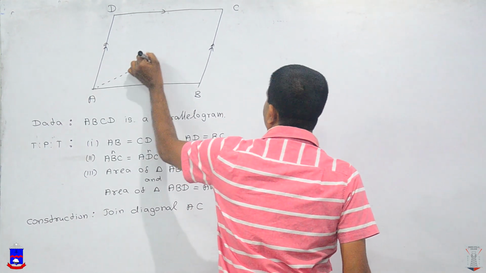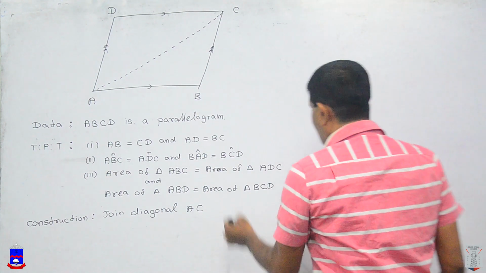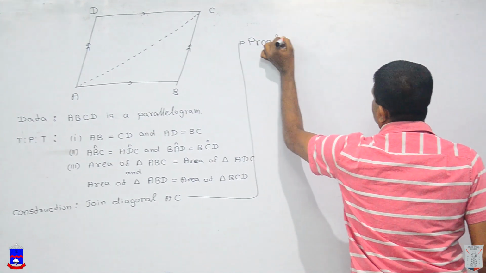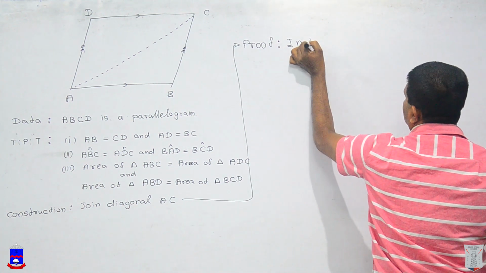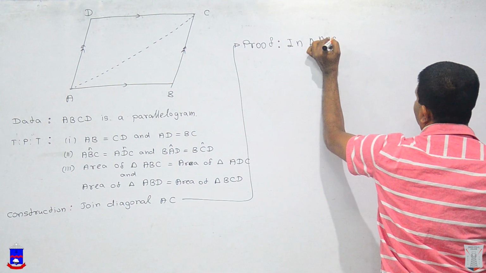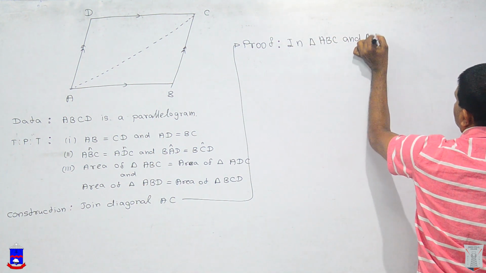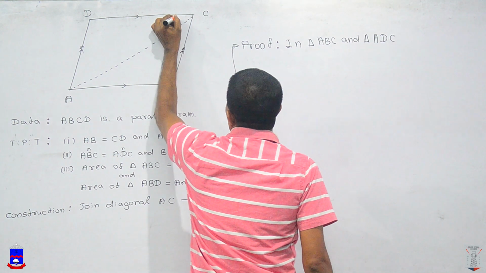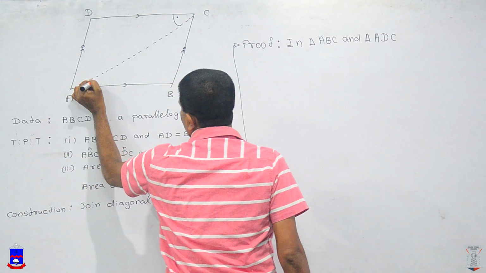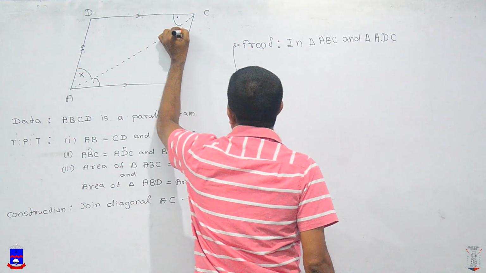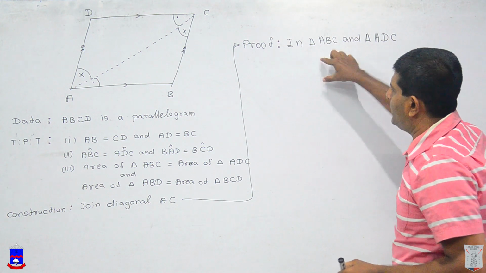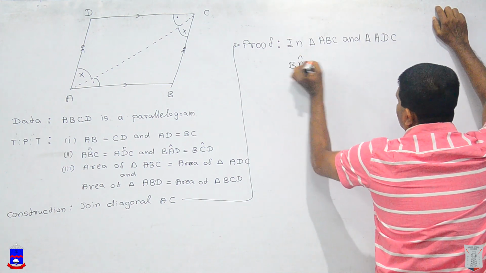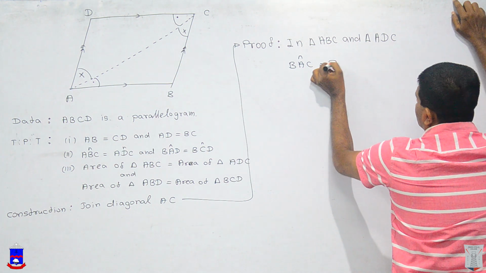Now the proof: in triangle ABC and triangle ADC, we can say this angle equals this angle and this angle equals this angle. Angle BAC equals angle DCA,